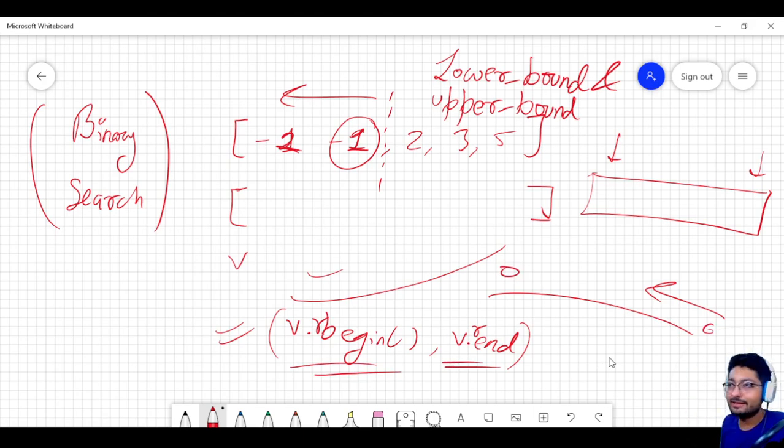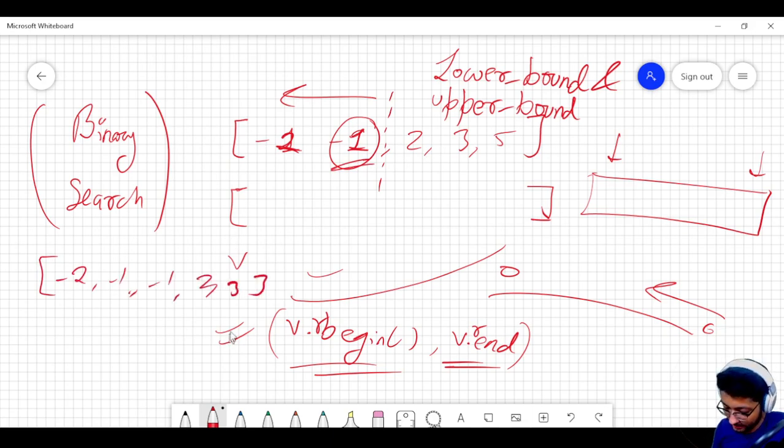Now the second thing can be, let's assume that I'm doing a lower bound on -1. Now it will give the first element which is -1. Maybe the elements can be like this: -2, -1, -1, 2, 3. Okay. Now if I do a reverse lower bound on this for -1, because after -1 all the numbers will be negative. I only talk about negative numbers, not 0. So if I do a binary search or lower bound for -1, it will give me this number, which is the first occurrence of -1.